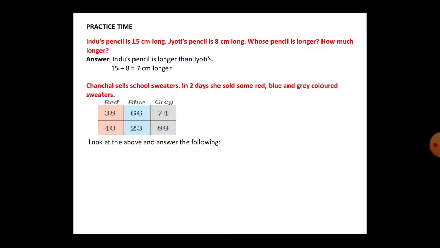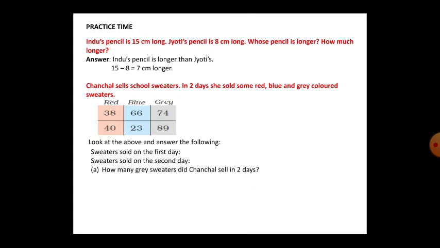Here, look at the above and answer the following. The question they will ask, you have to answer based on that. Sweater sold on the first day, sweater sold on the second day. How many grey sweaters did Chanchal sell in 2 days? See, the first day and second day, both you have to find here. So if you want to find both, what you have to do? You have to add. See here,